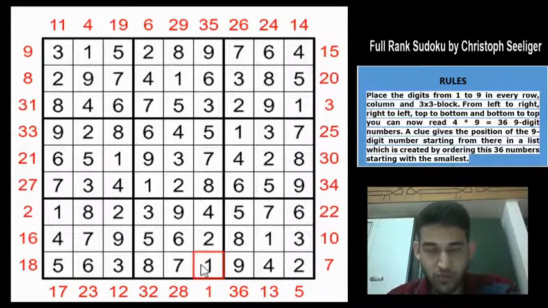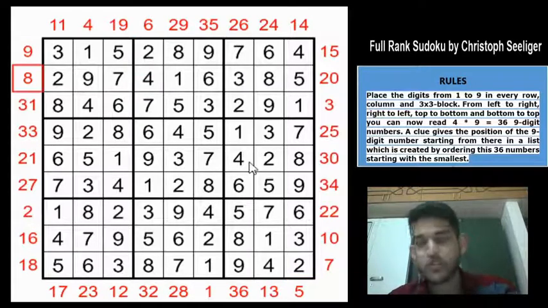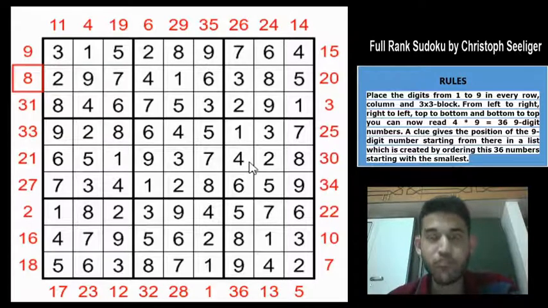So, if you take this one, it is seen by 1, it is seen by 2, it is seen by 3, and it is seen by 4. And similarly, if you take this 2, it is seen by 5, it is seen by 6, it is seen by 7, and it is also seen by 8. So any of the digits from 1 to 9 will be seen exactly by 4 outside clues.